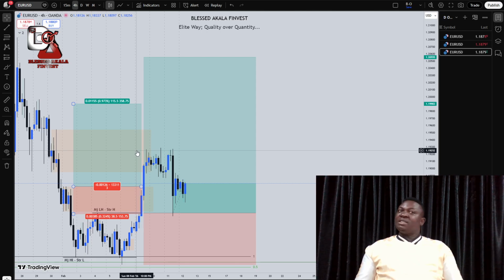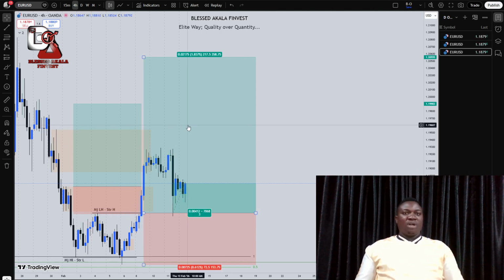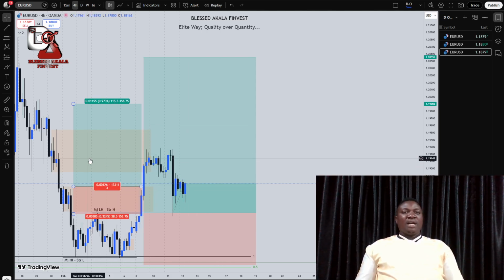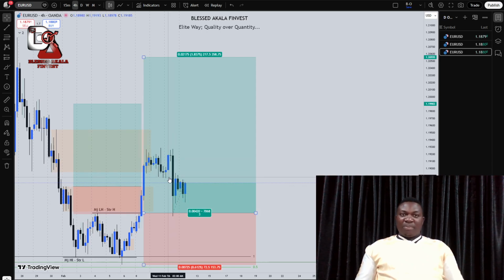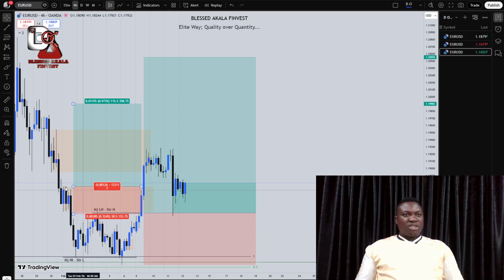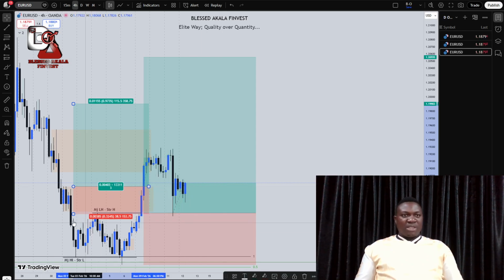Every moment in the market is so unique. It's so unique. That's my own psychology. That's what I've learned so far. And mind you, news came out yesterday, non-farm payroll came out yesterday, which turned this particular level to our support level. The resistance level, which gave way for price, then turns to support. And as you can see, it is still the level that is holding. Even though we established this particular level here to be the level where we are actually expecting price to tap into for the highs